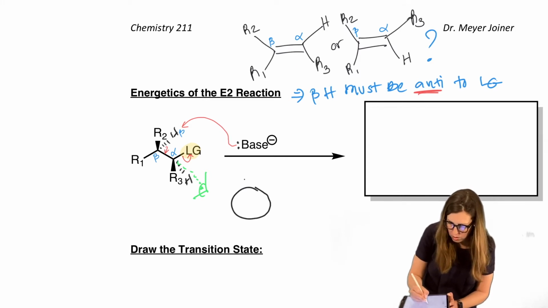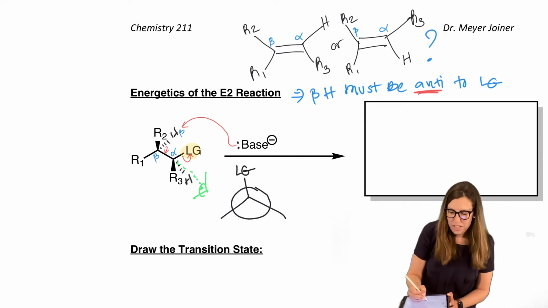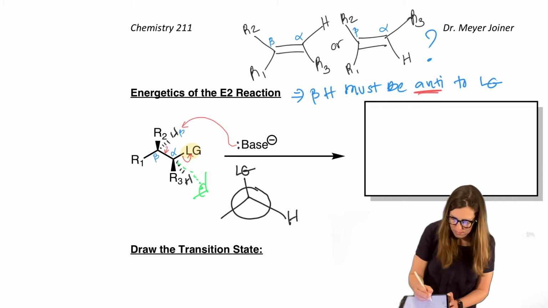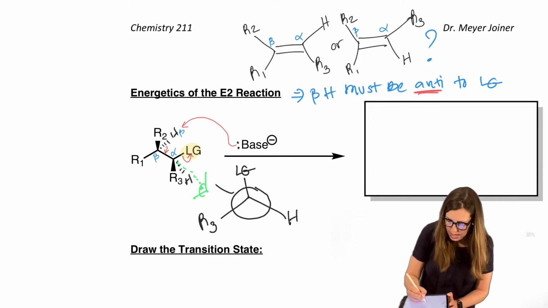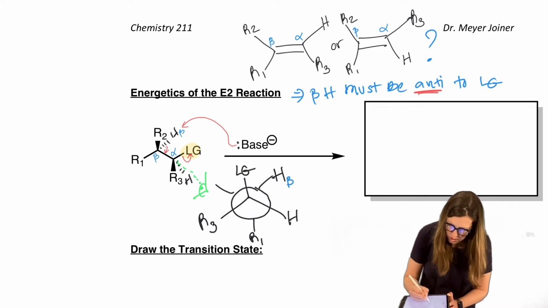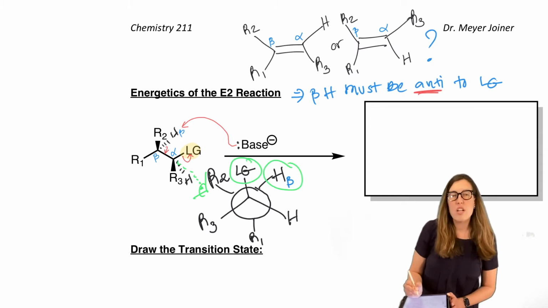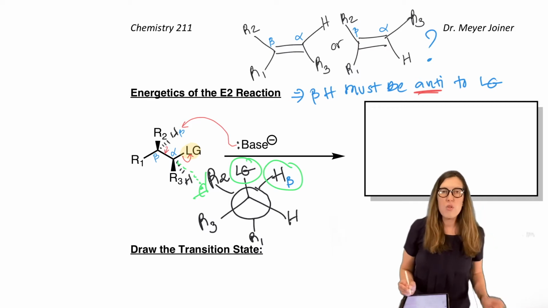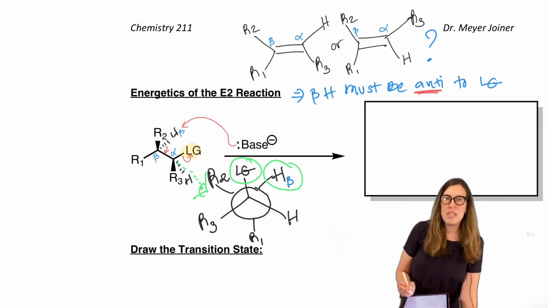Okay, let's take a look. So alpha's in the front here, leaving group's up above my head. Try to get ahead of me. Who's on my right? H, right? R3. Now we're staggered, so that means we have R1 down at my feet. Who's up at your right? That dash is still on the right, correct? The two H's. And not any H, this is our beta H. And then R2 is on the other side. Okay, so here's the issue: Lg and beta H are not anti right now. They're not in the orientation that will allow an E2 to happen. They need to be anti.